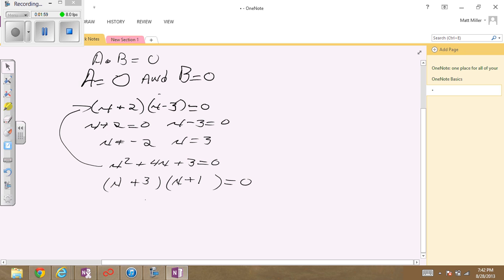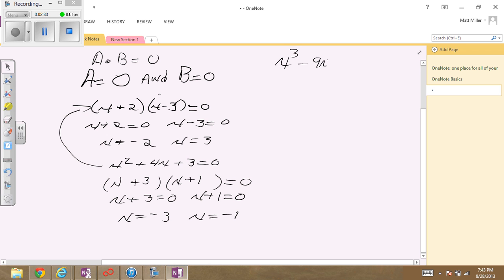Factor. Now, two things, the product equaling 0, set them both to equal 0. X plus 3 equals 0. X plus 1 equals 0, resulting in x equaling negative 3, x equaling negative 1. Not so bad, right? Well, what if you had something like x to the third power minus 9x